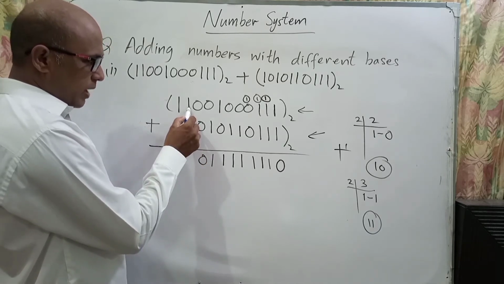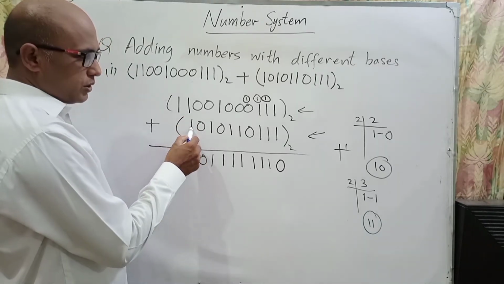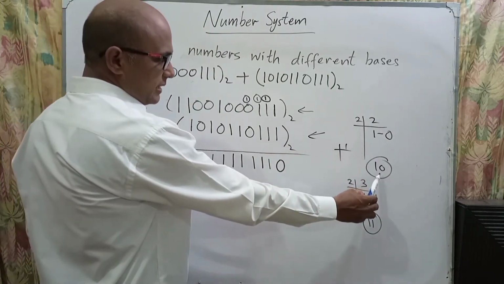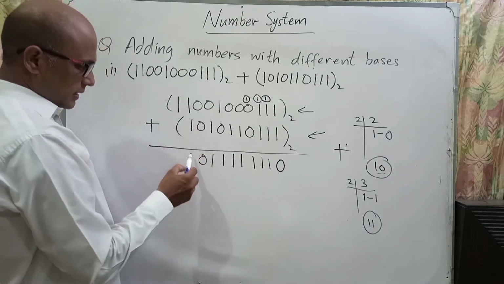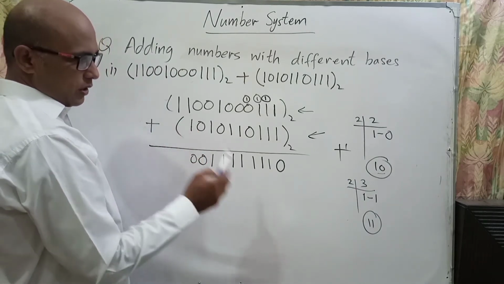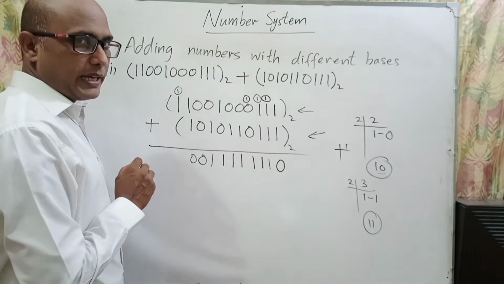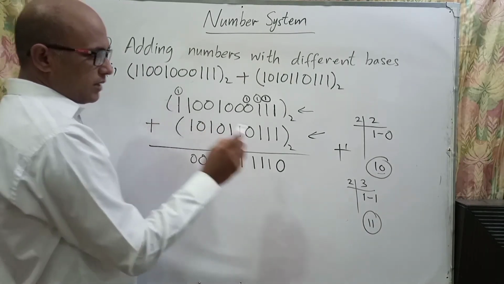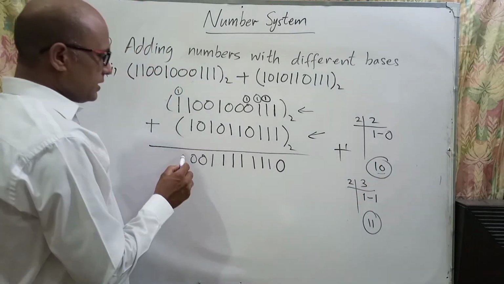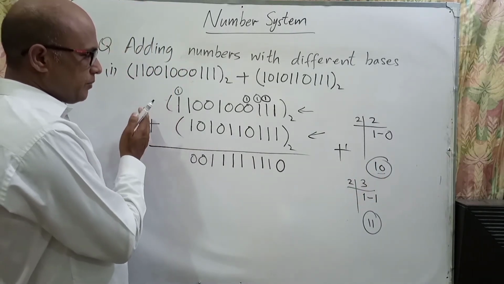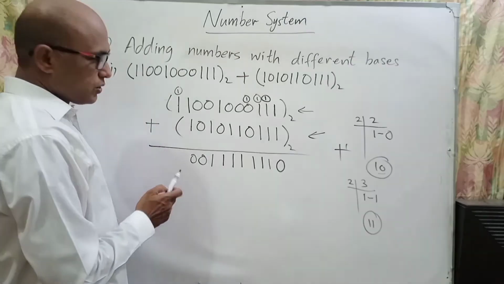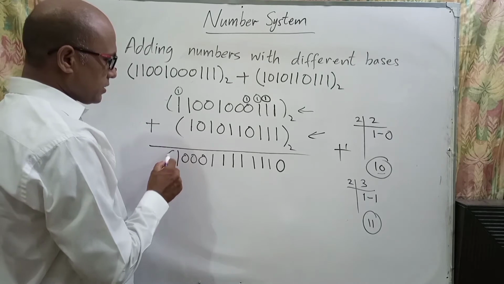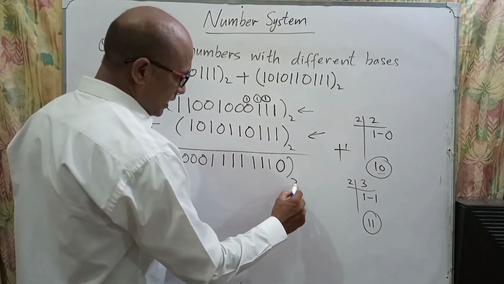And here 1 plus 1 is 2. So we know that finding the LCM of 2, we get the answer 10. So we'll write the 0 of 10. 1 will be carried over. 1 plus 1 is 2, and we'll get the same answer 10. So there is no more number on the left hand side, so we'll write the full number, which is 10. So this is the answer with base 2.